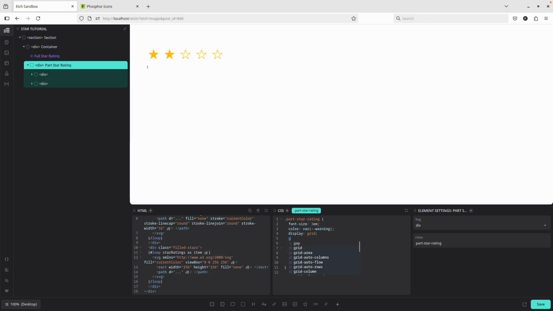Then we want to set grid template columns to 1. This is supposed to be grid template columns to 1. Then grid template rows to 1. And then